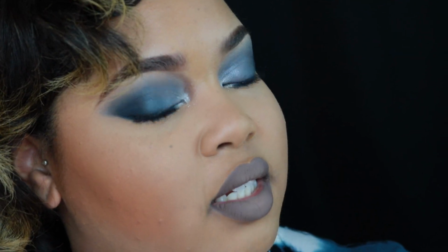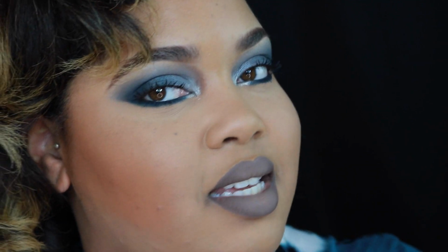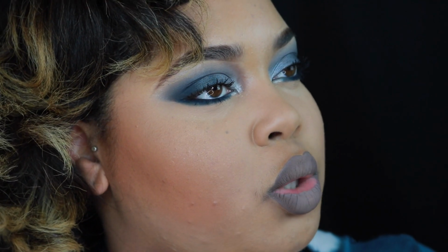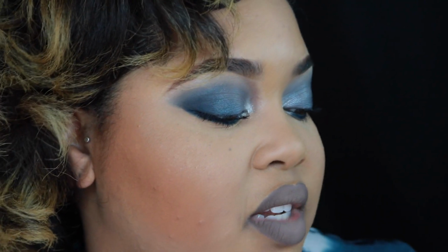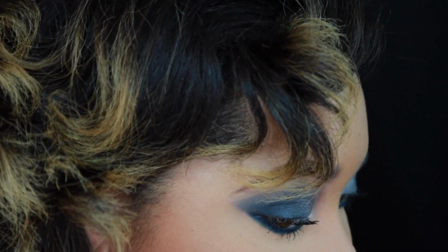I don't like the way it looks with my makeup right now. My makeup right now is very cool toned, blue, icy. And this is just a little bit too warm. But I do think that this will be beautiful when I wear like golden colors. But I really like the way that it applied very smoothly, and I don't see the glitter particles at all